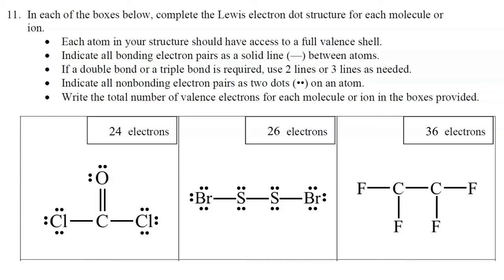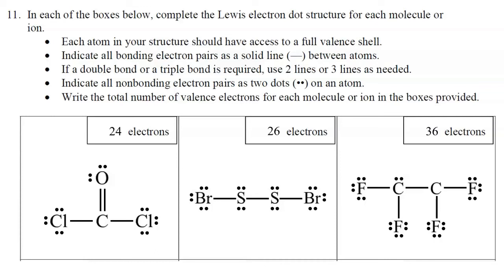So I have now used up 2, 4, 6, 8, 10 electrons so far. Let's satisfy all of the octets for the fluorine, and we'll see what we have in terms of total electrons. So right now it's 2, 4, 6, 8, 10. This would be 12, 14, 16. So that fluorine is done. 18, 20, 22, 24, 26, 28, 30, 32, 34. So I still have 2 more electrons left, but if I stick it on one of the